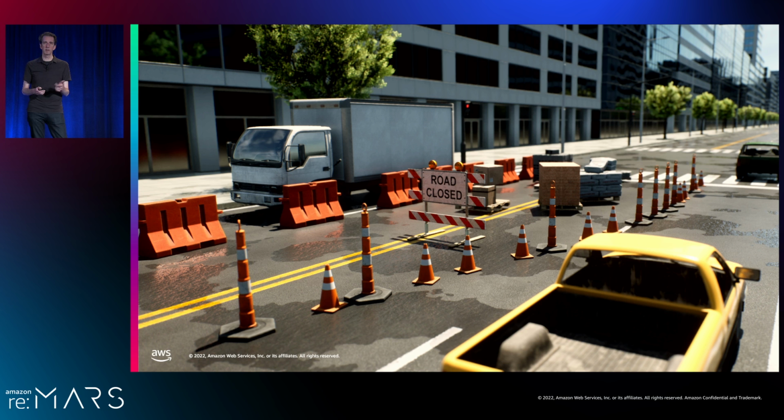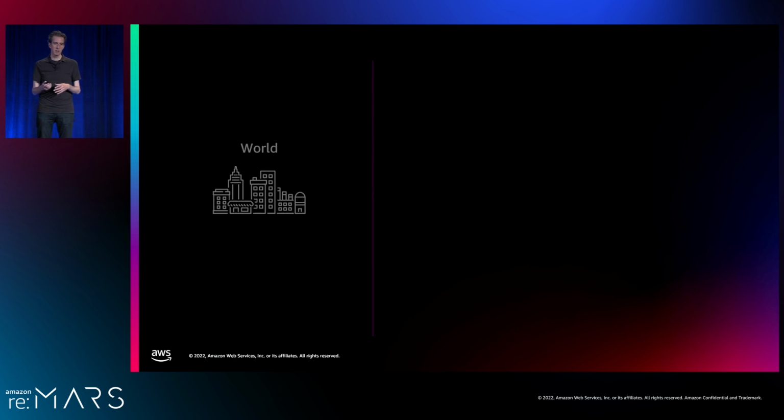So we're going to take a look at this example and build a construction zone, and you'll see how some of the tools apply to this scenario. But let's start by setting the stage with some terminology I'll be using. So I'm going to talk about the 3D world. You can think of the world as anything that's stationary and non-moving from one simulation to the next. So this will be things like the buildings and the roadways in your simulator. This is the context in which all your different test scenarios will be run.